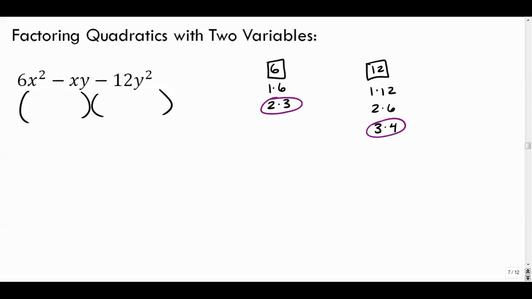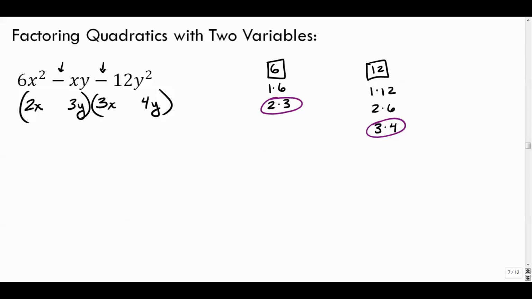So let's just put the things in there: 2x and 3x and 3y and 4y. The interesting part about this problem is that there's a y squared at the end. That means that your last terms have to have y in them. They each have to have y in them. So let's check this. Again, I don't know the answer, but this is a minus, this is a minus, so